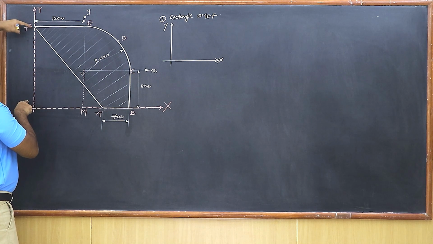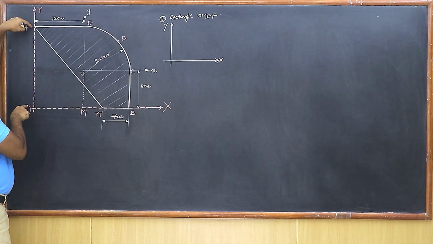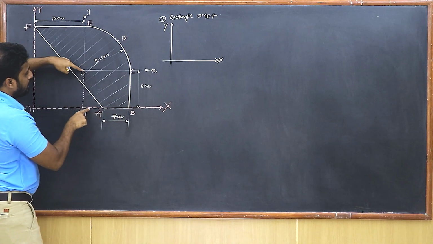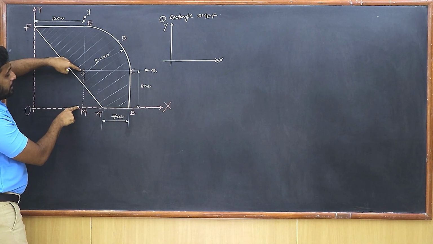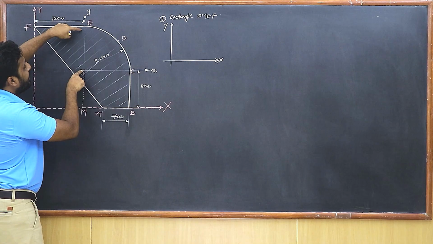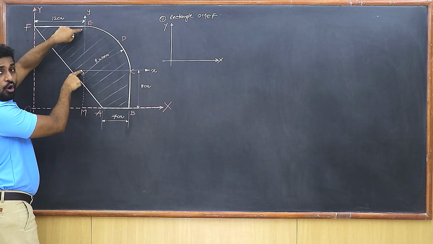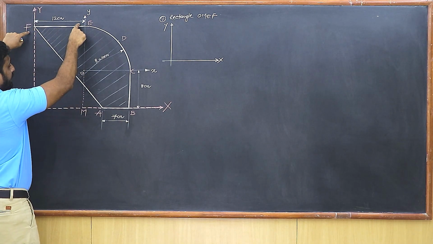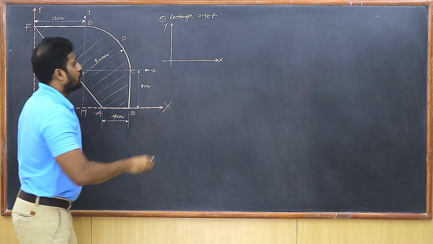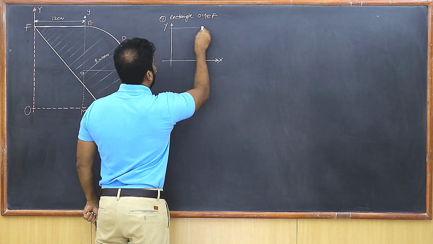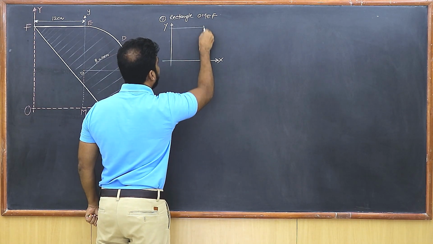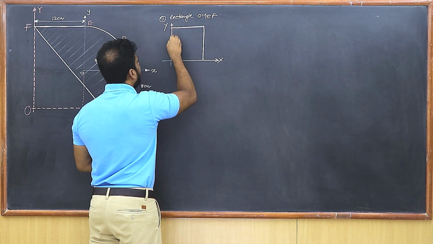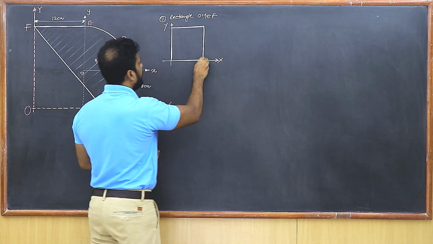And look at the height, students. OF is the height, isn't it? The depth, you can say. OF is the depth. So you can observe that this length is given to us as 8 centimeter. The length of small OM, isn't it? Is 8 centimeter. And the radius is 10 centimeter over here for the quarter circle. So the total length here becomes 18 centimeters. So that's 12 centimeter. That's 18 centimeter. So I can draw a rectangle whose dimensions are going to be 12 by 18, or you can say 18 by 12, one and